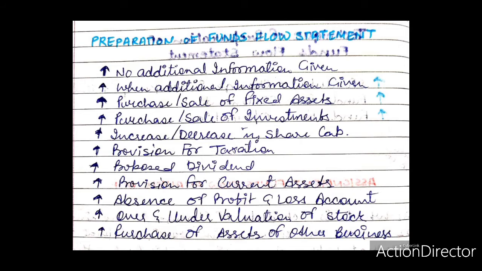For example, on comparing the value of a machine appearing in the opening and closing balance sheets at rupees 20,000 and 25,000 respectively, it is to be concluded that an additional machine of rupees 5,000 had been purchased during the year. But it may be that a machine might have been sold for rupees 10,000. Similarly, the profit disclosed by the P&L account may not be the real profit from business operations, as it may include non-fund items like depreciation or gain or loss on sale of fixed assets.